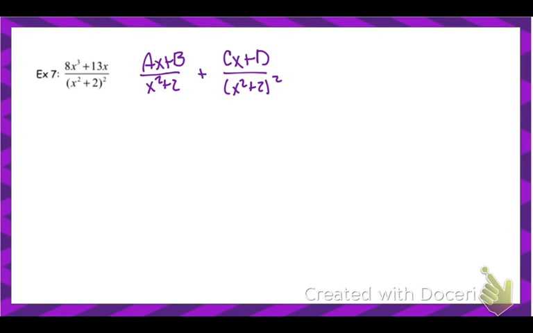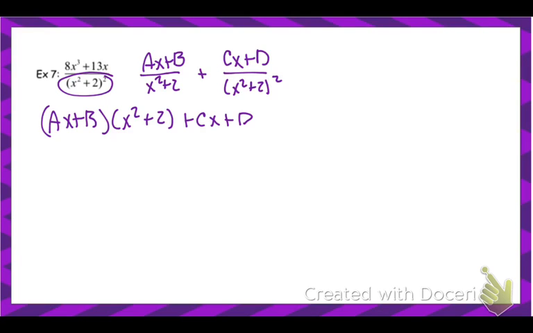The left fraction, to get that common denominator, needs to get multiplied by x squared plus 2, because it already has one of them, and our common factor there is just squared. The cx plus d already has the common denominator, so I'm already good there. And then this should equal the numerator. We can go ahead and FOIL it out. So ax cubed plus bx squared plus 2ax plus 2b